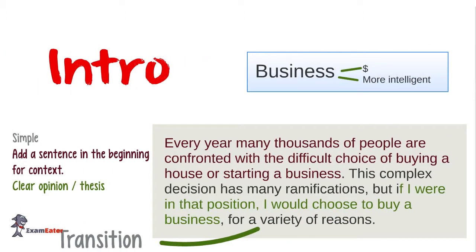You'll see that the different colors correspond to the different components. And I'm using the example that we used before. Once you have an introduction like this, then you're going to move on